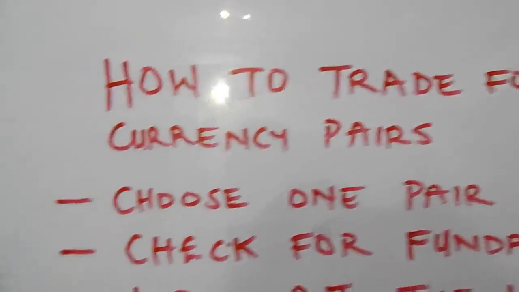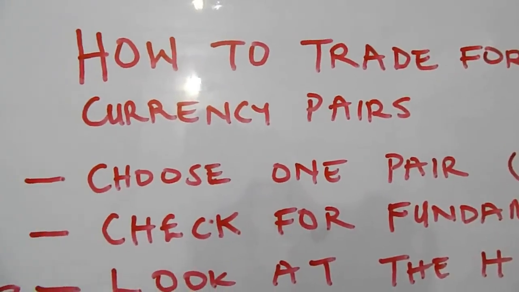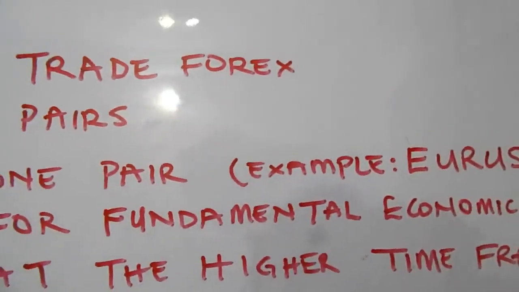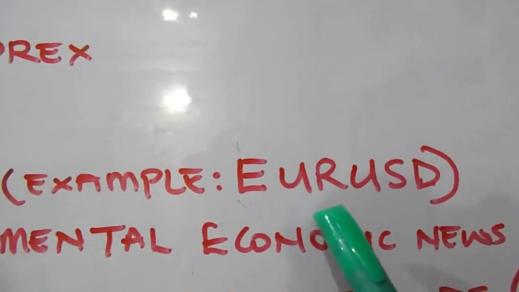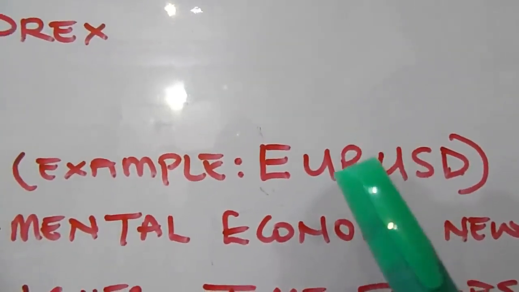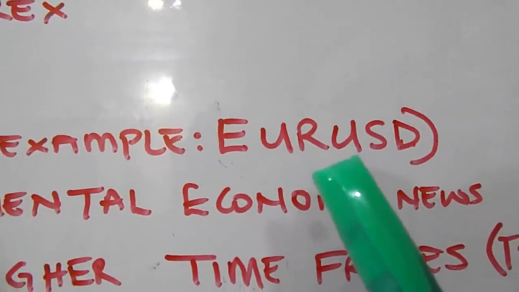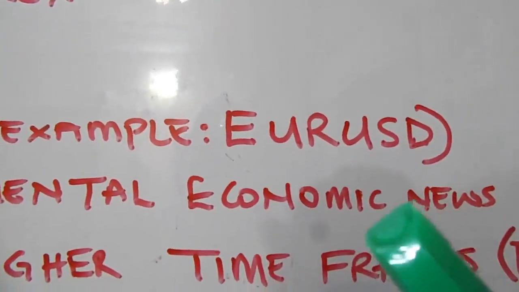Now the first thing to do when you want to trade Forex currency pairs, you need to choose one pair at a time. For example, we have Euro USD. Let it be that you are going to trade only Euro USD. So you might want to look at your charts and see how the price moves. You might want to look at the